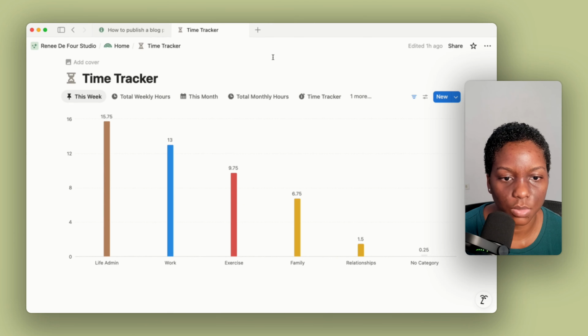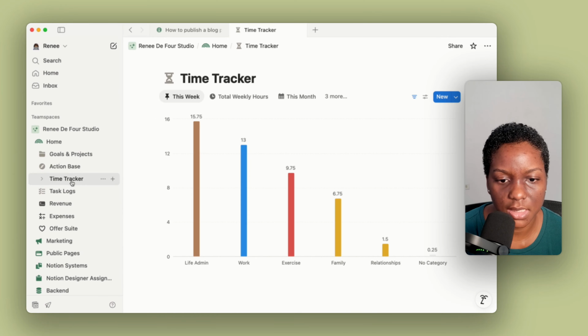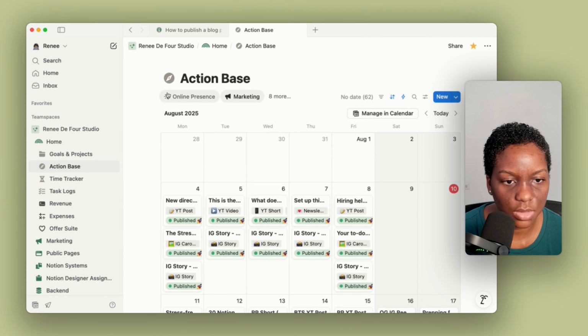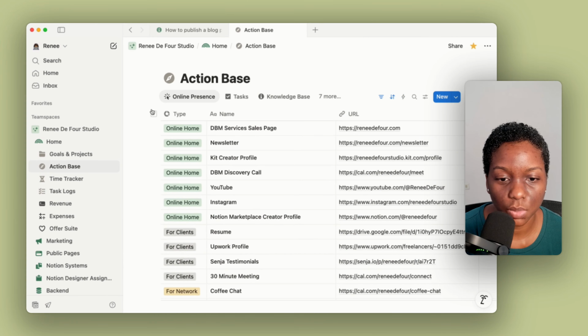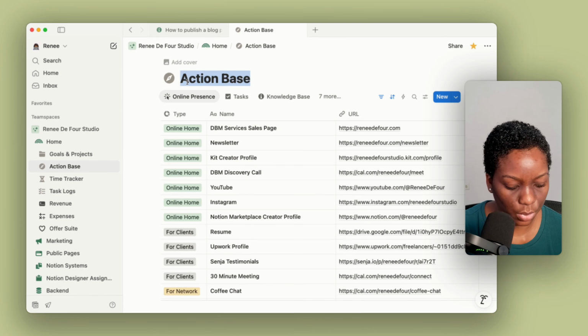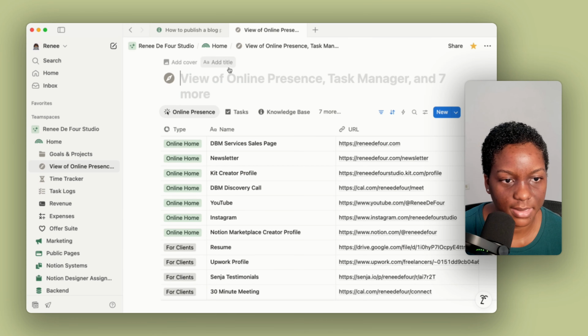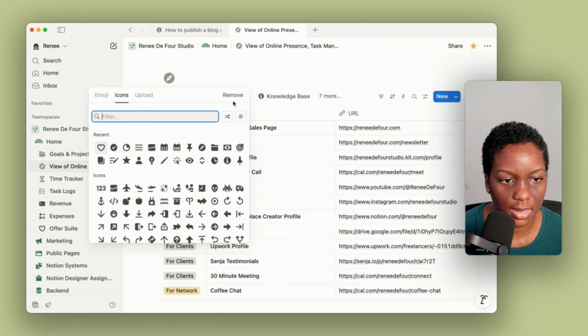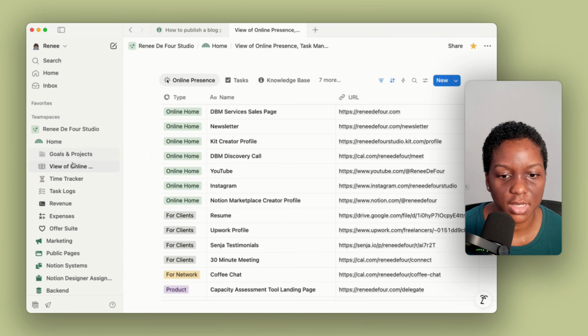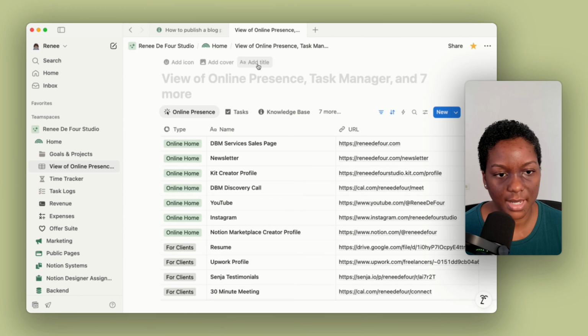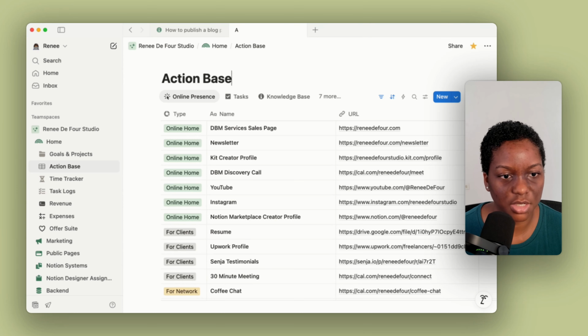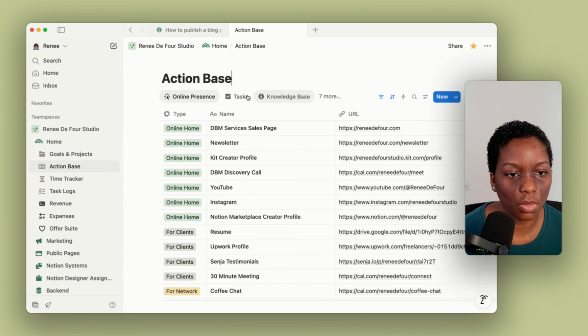I've named this one, which is my time tracker, and the action base is the one that I use the most. But if you don't name it, let me see if I remove the name. I want to show you what it shows up as. Yeah, so if you don't have an icon and if you don't have a title, you just see this view of online presence and essentially all of the different database titles that you have here. But if I hover over the top of the database dashboard and I click add a title, this is where I can add my name, which is action base, and I know once I've named it what all of these different